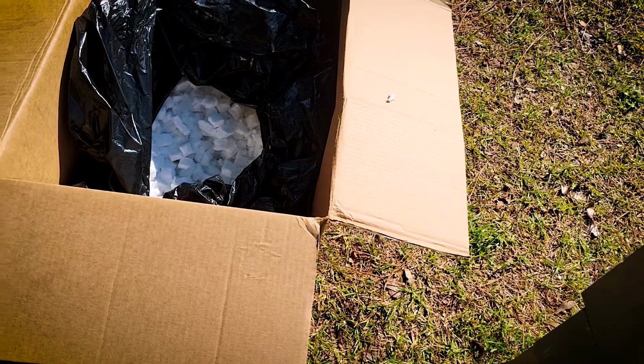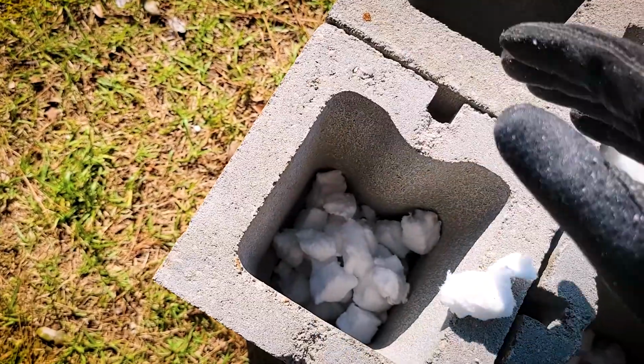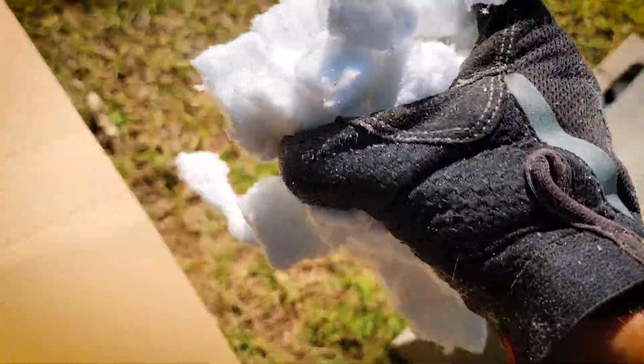So, you've been working already for about 20 minutes. It's really hot outside, about 100 degrees out, 37 Celsius, depending on what part of the world you're in. And you're just going one handful at a time. Grab it out of the box, drop it down, grab it out of the box, drop it down, and suddenly